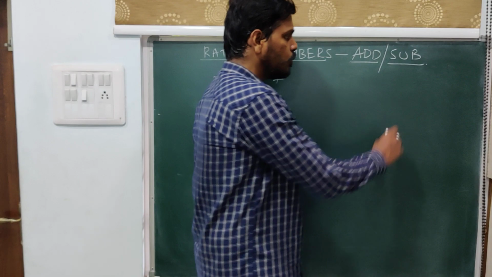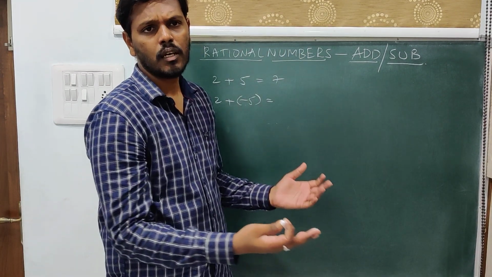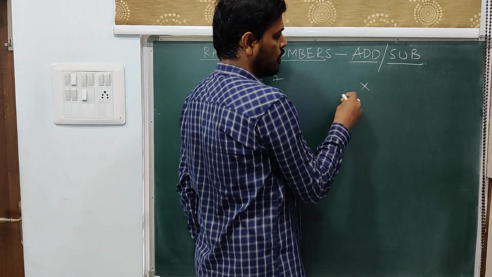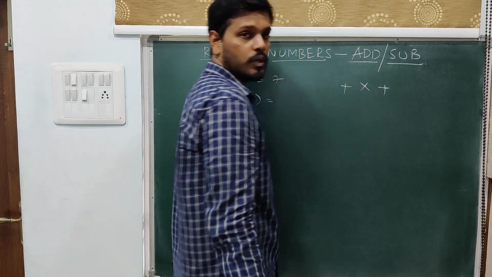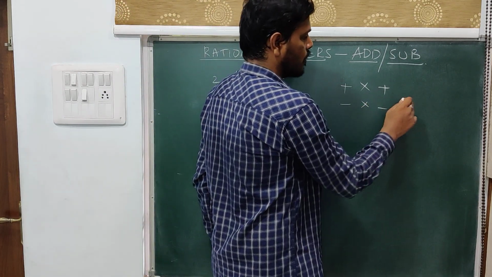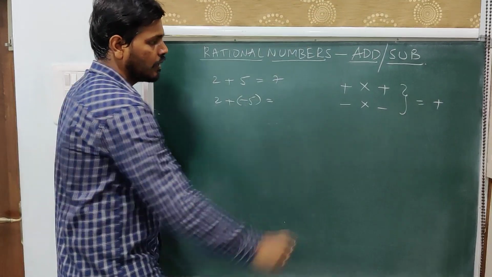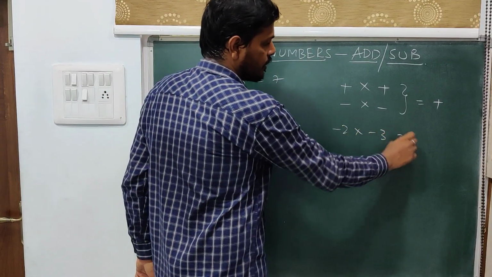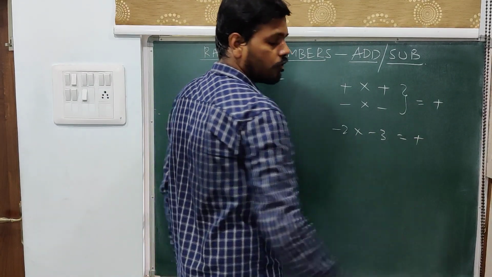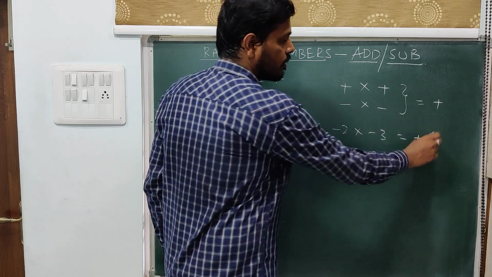Whenever you multiply two numbers of the same sign, you'll always get a positive sign. That is, multiplication of two numbers with the same sign, in both the cases, you will arrive at a number with a positive sign. For example, minus 2 into minus 3. Now these are numbers of the same sign. So when you multiply numbers of the same sign, you will always arrive at a positive sign. And multiply these two, 2 3s are 6.